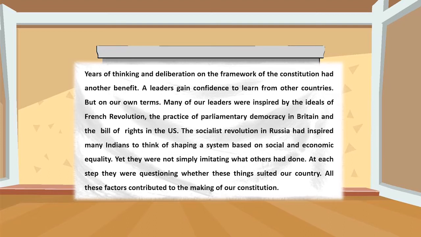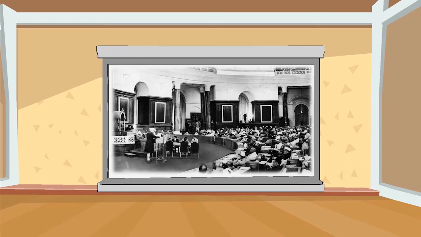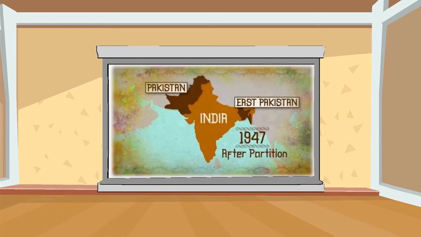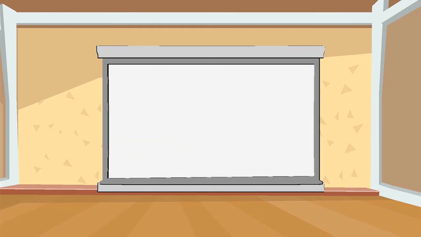Let's read the paragraph to understand better. Could one of you please volunteer and read this paragraph for us? The Indian Constitution was drafted by an assembly of elected representatives called the Constituent Assembly. The members to this assembly were elected in July 1946. The first meeting was held in December 1946 after the partition of India. As the country got separated into India and Pakistan, the Constituent Assembly also split into two. This assembly had a total of 299 members.